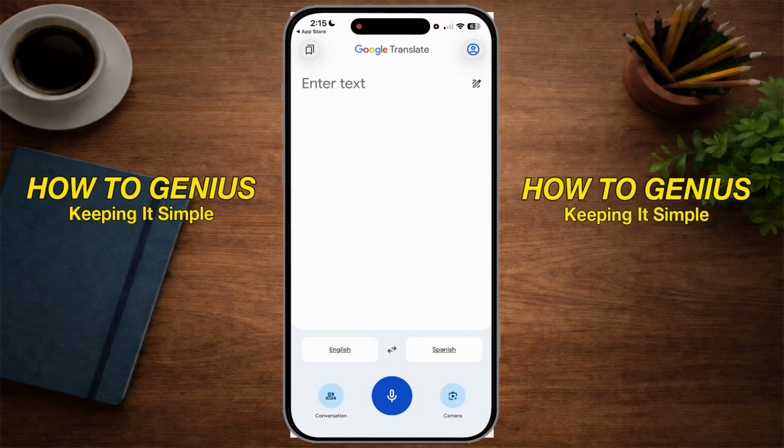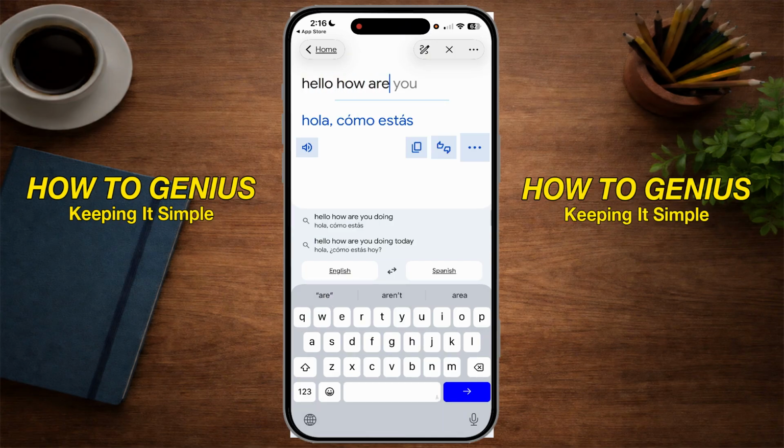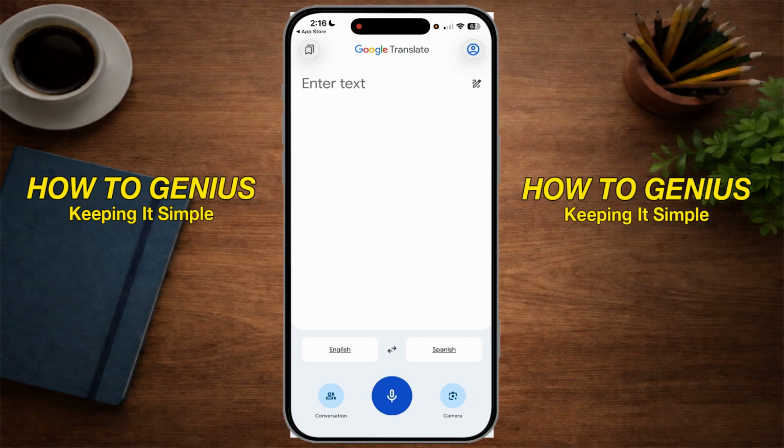And then what you really need to do is just set your languages from English to Spanish to whatever language that you want. So you can go through and translate anything from a conversation to voice activating. So it really is easy to do. Let's go ahead and type something here. How are you? And then let's go ahead and it's going to automatically translate